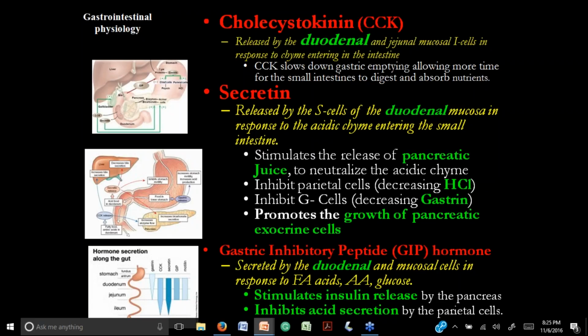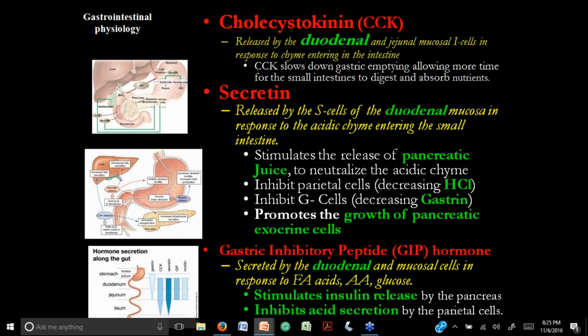Another function is the growth of the pancreatic exocrine glands, so the secretin. Secretin reminds me of the word to secrete, right? So what it is going to secrete is mostly the pancreatic juice. All right, so we have the gastric inhibitory peptide, GIP, a hormone that is secreted again from the duodenum,